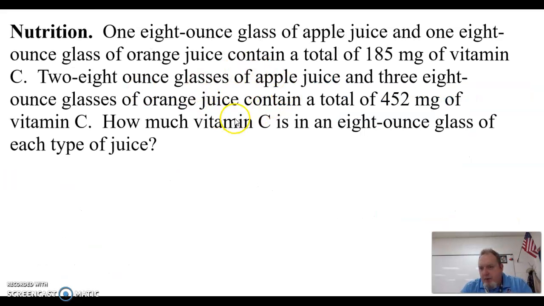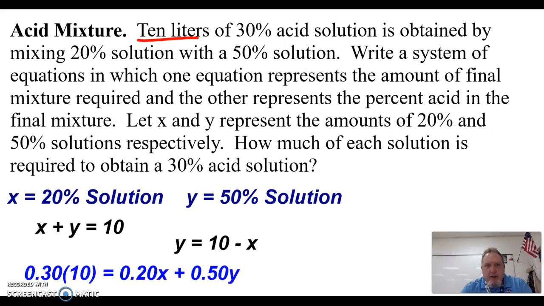I'm going to skip over this orange juice problem, the nutrition one. This is a mixture problem. It's going to be very similar to what I'm doing on the next example. So once we go through these mixture problems, that should help you with the orange juice one and also with the investment portfolio ones. So here we have 10 liters of a 30% acid solution is obtained by mixing a